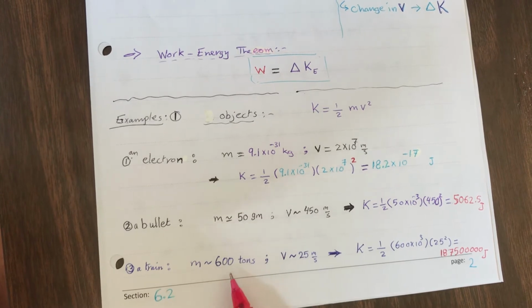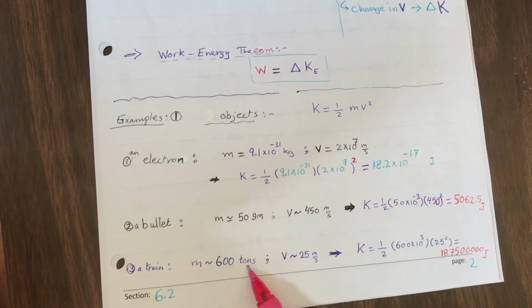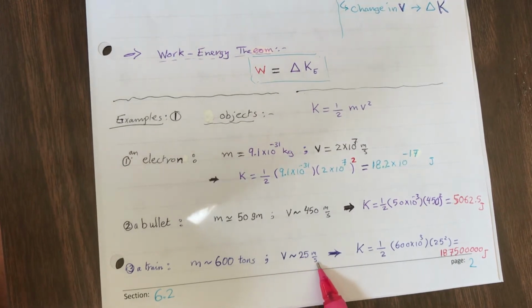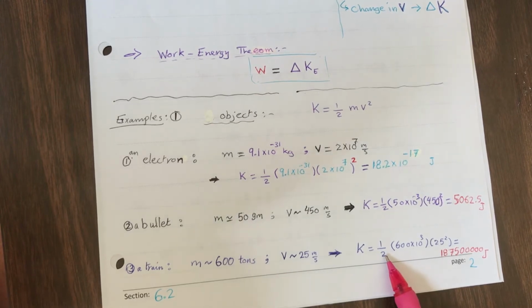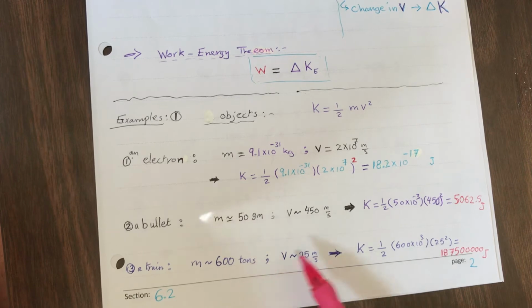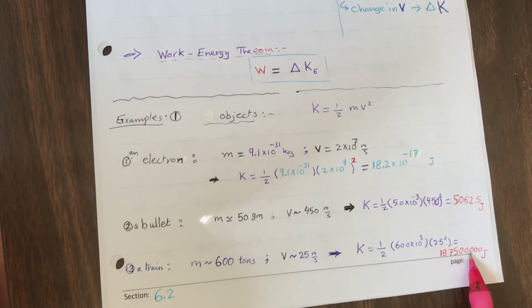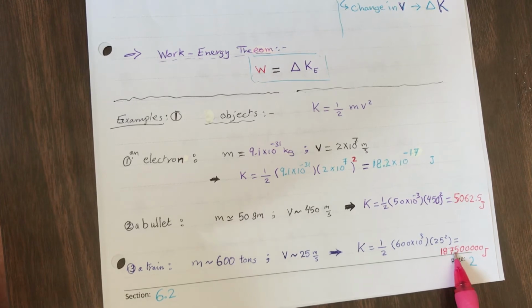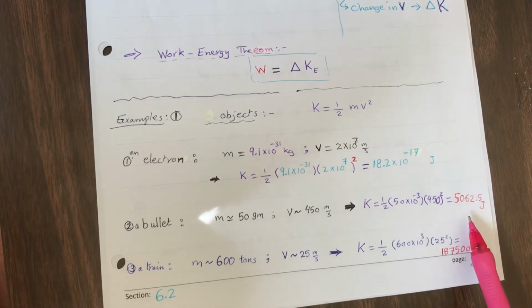The mass of the head of the train is about 600 tons, and its velocity is not too high. It is about 25 meters per second. Then if we need to calculate its kinetic energy, the mass in tons needs to be converted to kilograms, and we square the velocity. It will be equal to 187,500,000 joules. It is huge when we compare it to the kinetic energy of a bullet or the